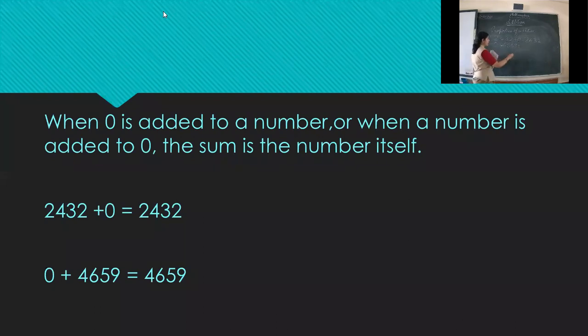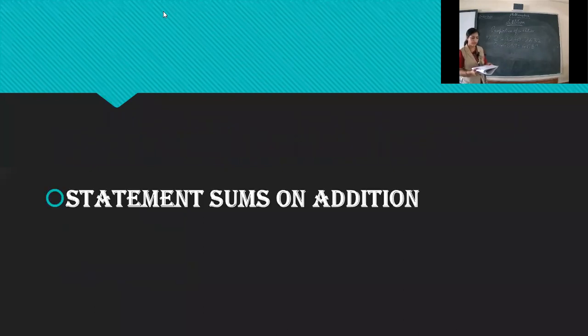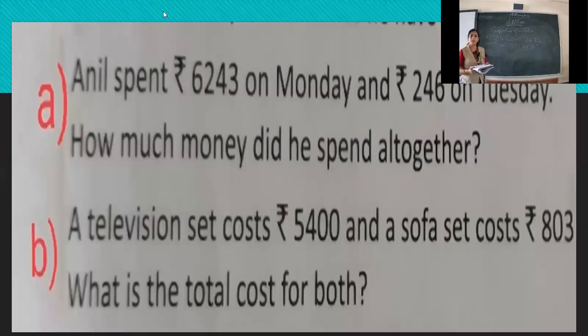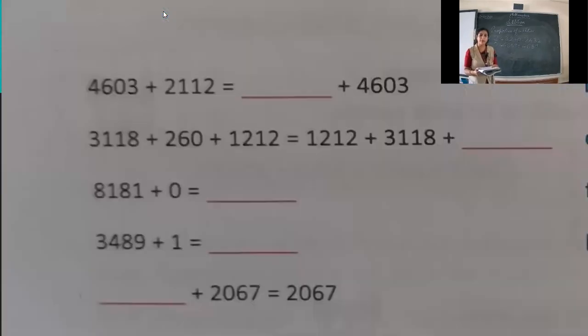So children, when you are adding, again you will get the same number. Some children, they have not understood the concept of zero property. If you are adding 0 in any number, your answer will be same. That number, okay? So children, just move on to the next slide. We'll move. See, some sums I have given for this properties based. Can you see? Just take a screenshot and you can do on your own. I am reading for you.